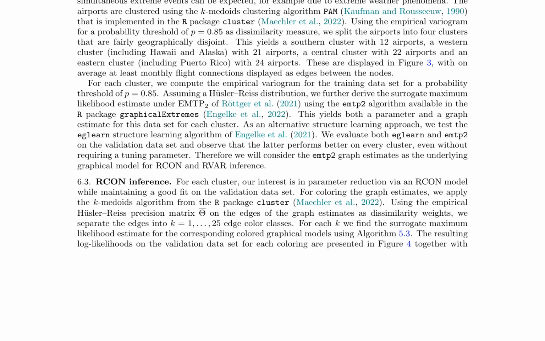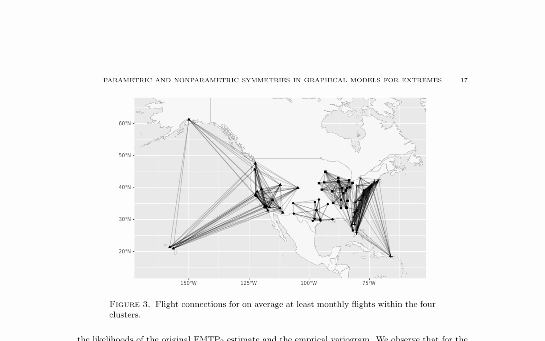The Archon inference includes parameter reduction and graphical model estimation for each cluster. The application of parametric and nonparametric symmetries in graphical models for extremes is a key focus of this research. Specifically, the study examines the use of colored graphical models and EMTP2 estimates for flight delays data. A comparative analysis shows that colored models outperform EMTP2 estimates for certain clusters, with the colored model demonstrating superior performance